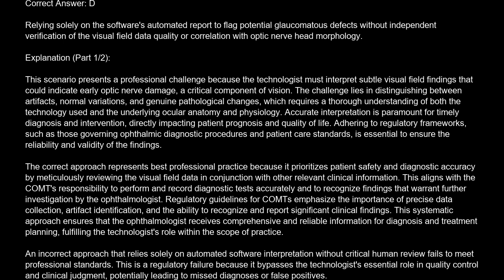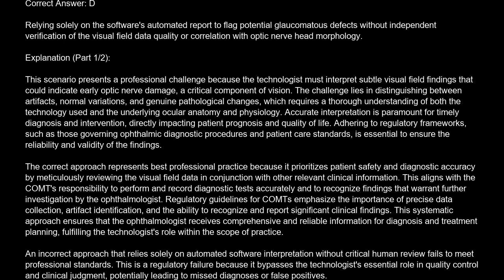Adhering to regulatory frameworks, such as those governing ophthalmic diagnostic procedures and patient care standards, is essential to ensure the reliability and validity of the findings. The correct approach represents best professional practice because it prioritizes patient safety and diagnostic accuracy by meticulously reviewing the visual field data in conjunction with other relevant clinical information. This aligns with the COMT responsibility to perform and record diagnostic tests accurately and to recognize findings that warrant further